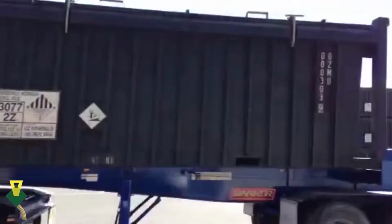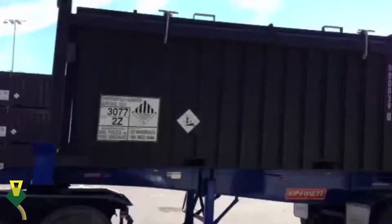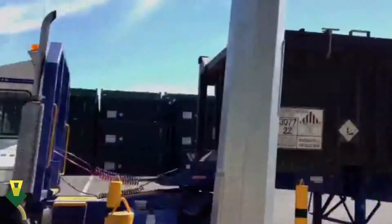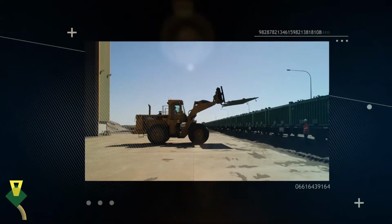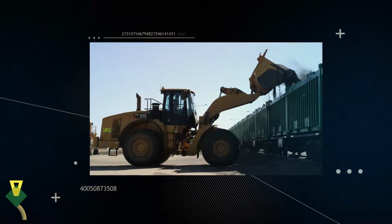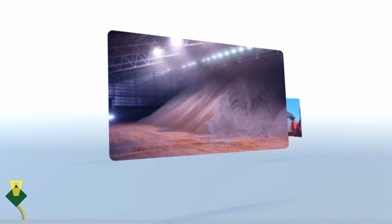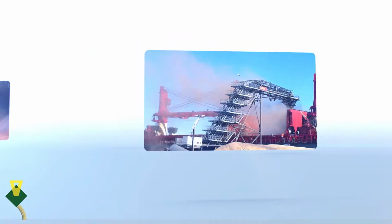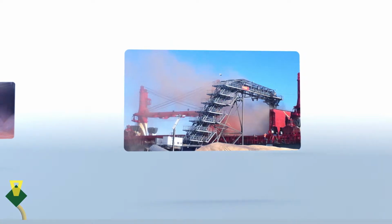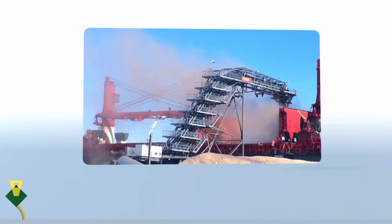operating in. Our containerised dust-free solution is environmentally friendly and also stops product loss and contamination, as no dust out and no dust in, unlike expensive storage sheds and conveyor belt systems. Storage sheds are expensive, labour-intensive, and provide a double handling of the product that creates more dust and product loss. Conveyor belt systems not only pollute the environment, but also allow product loss that costs both the customer and the